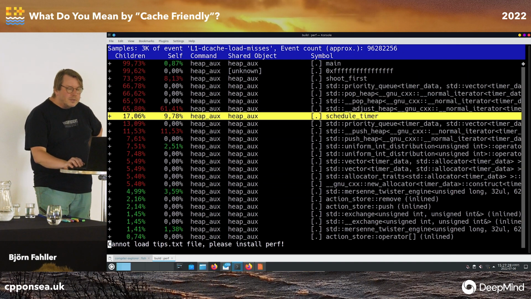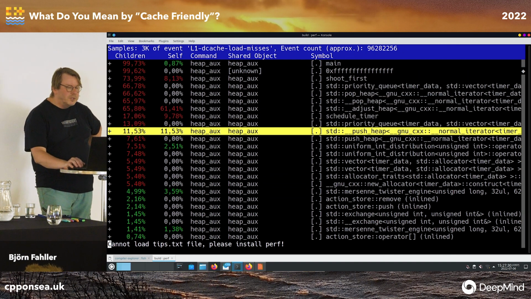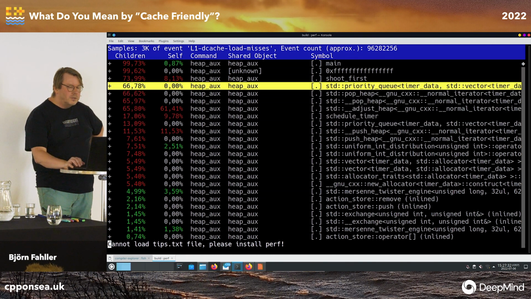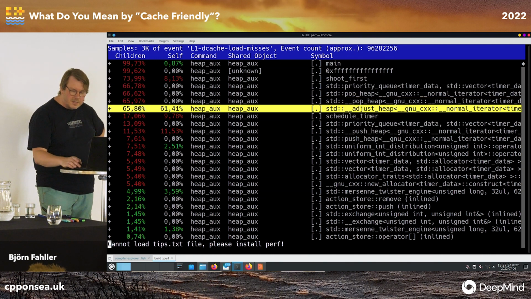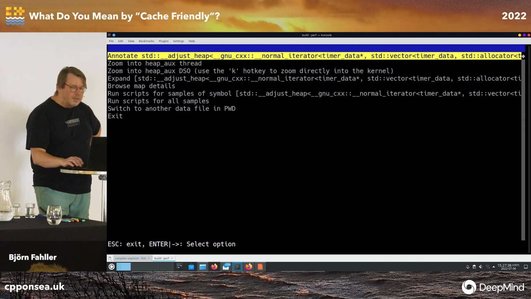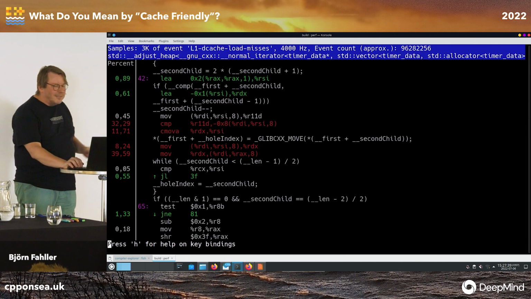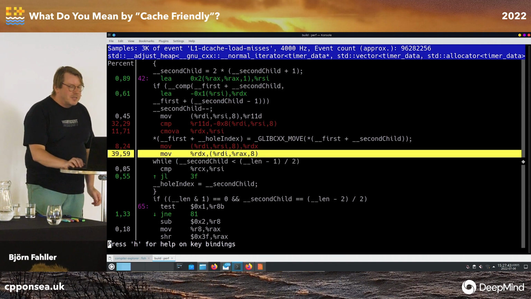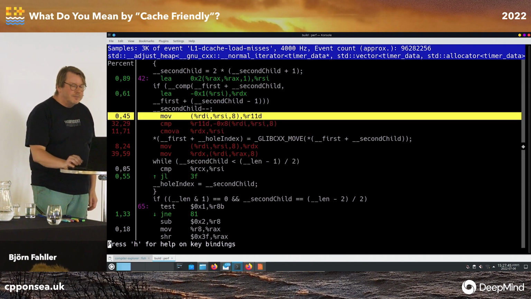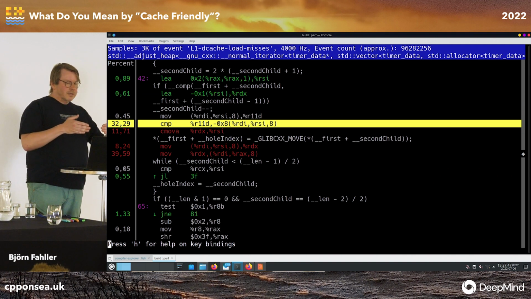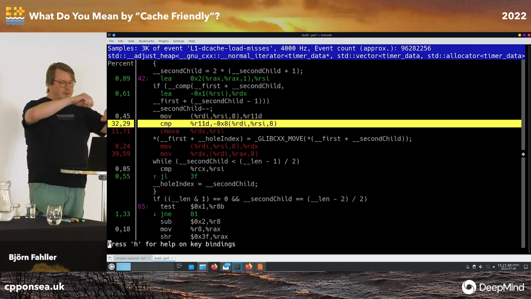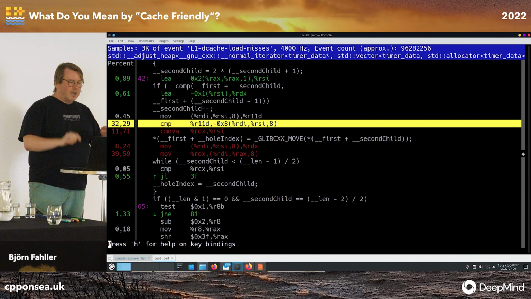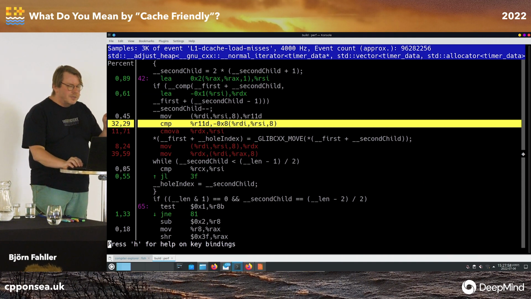Adjust heap, schedule timer, push heap, shoot first. Let's see, adjust heap, that is the largest culprit. Reading standard library code again, wonderful. What's happening here? Get second child, so yeah, you recognize this, index multiplied by 2 plus 1 to get the right child. And do comparisons to see,